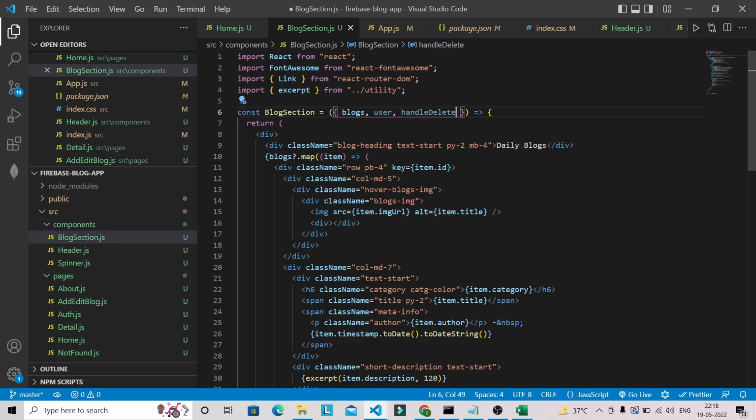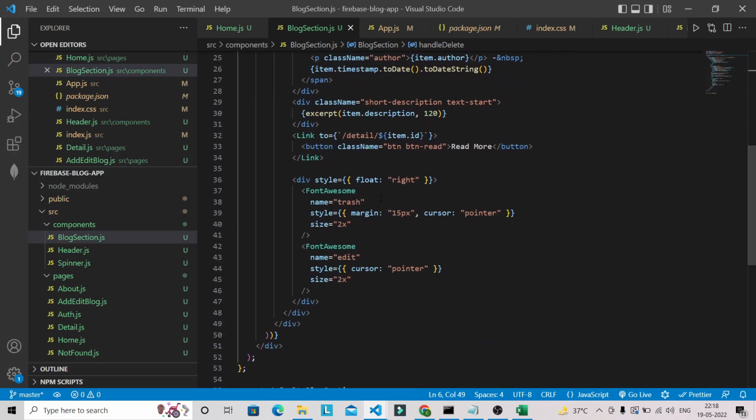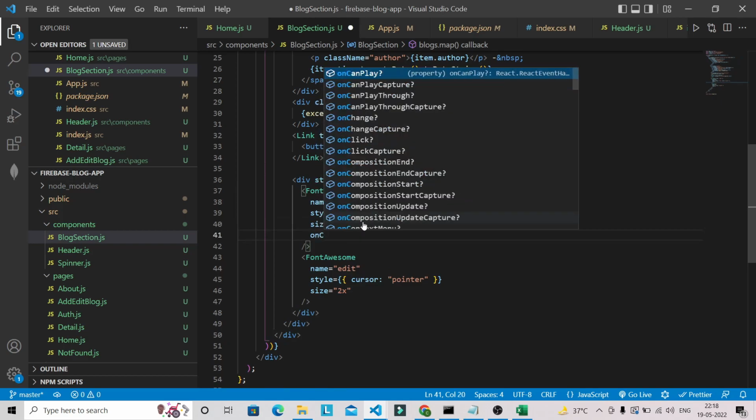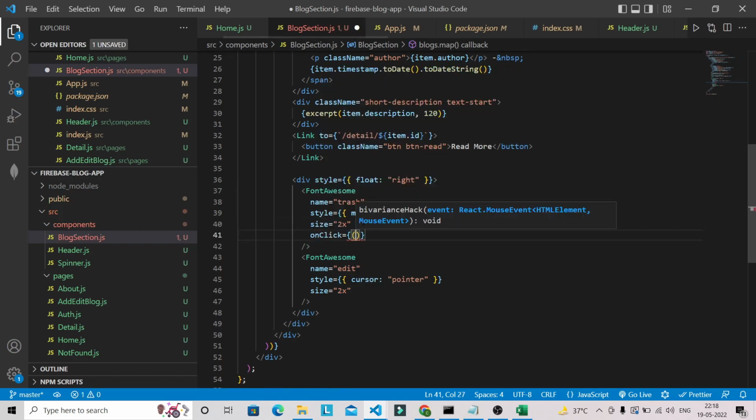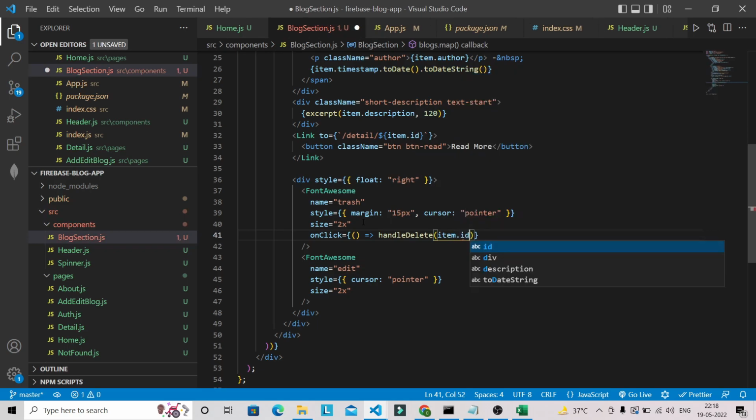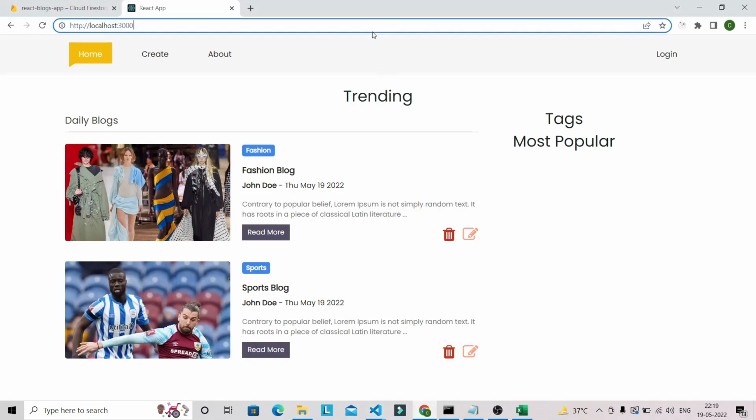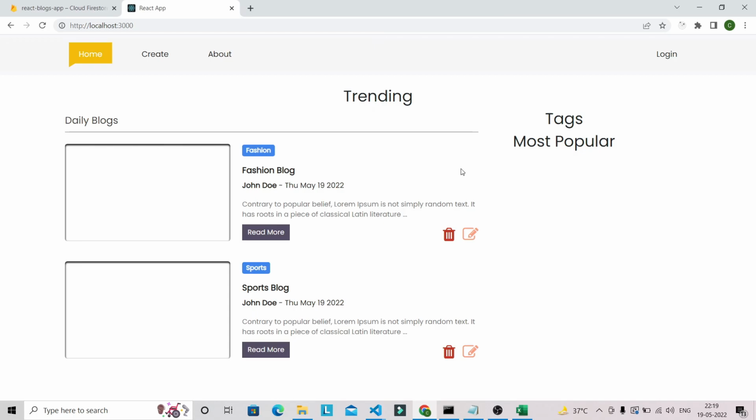Okay, and here we have to use that onClick method, and we have to pass the ID. So handle delete, and we can pass the blog ID here which we wanted to delete. Now we can try this one. So let's go into the browser, refresh this one,